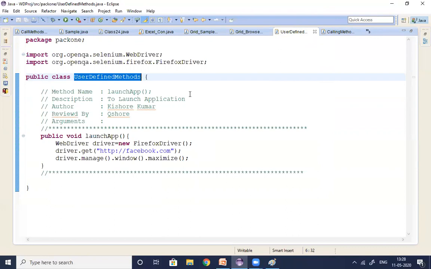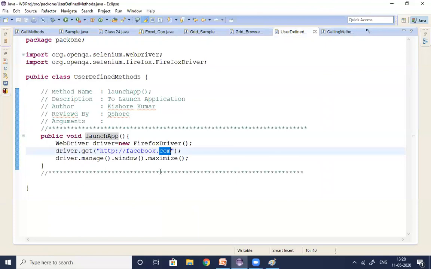If you would like to launch the Yahoo Mail application, I can't call this method, because when I call this method, it will always launch the Facebook application. But every time we are not working on the Facebook application. Some team members are working on Yahoo Mail, Rediff Mail, qsure.com, qsuremotors.com, different types of applications. But this method is exclusively designed for the Facebook application.